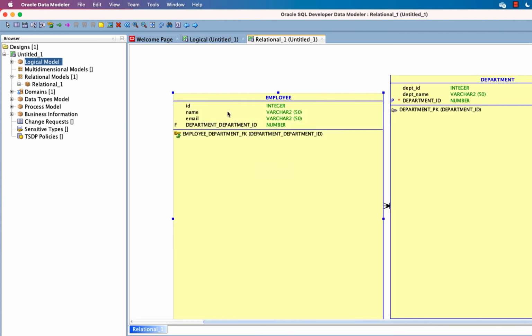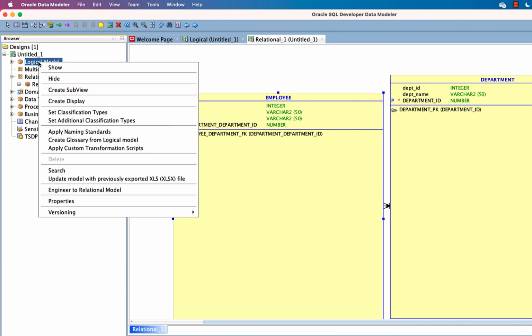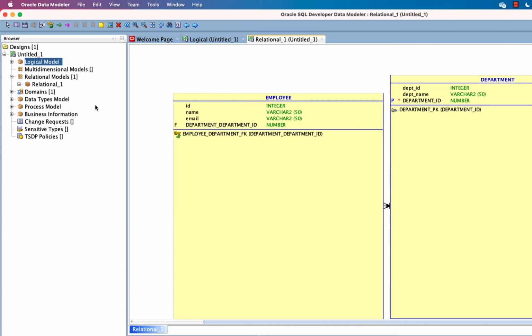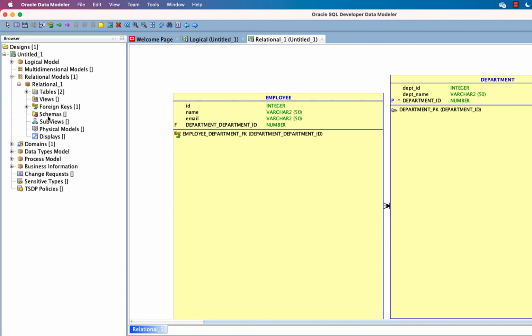So you can see it has added one department ID here automatically. Just one click. Logical models, right click, engineer to relational model. Okay. So this is the relational model. Physical models.